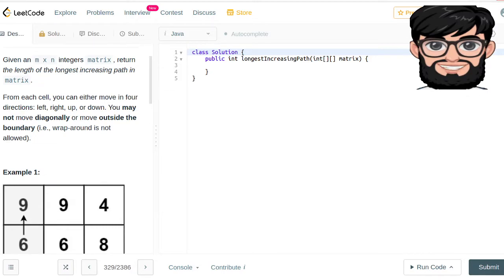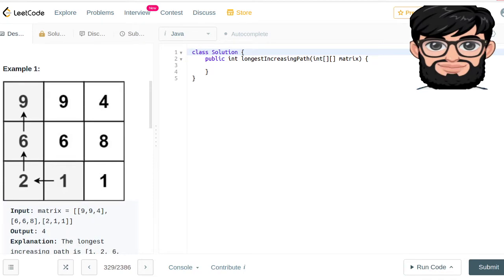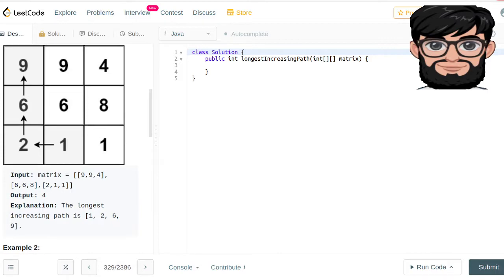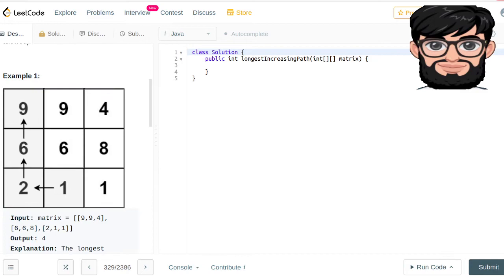You may not move diagonally or move outside the boundary, meaning you won't wrap around from one side to another side. And you definitely cannot visit an element which you have already visited. So in this case it's going to be 1 2 6 9 as shown, so the output is going to be 4. The way we're going to do it is using depth first search, and